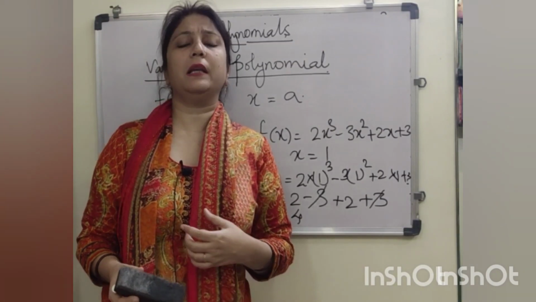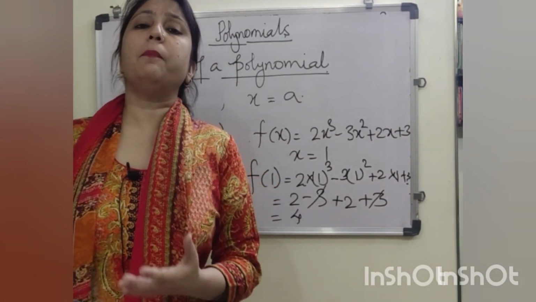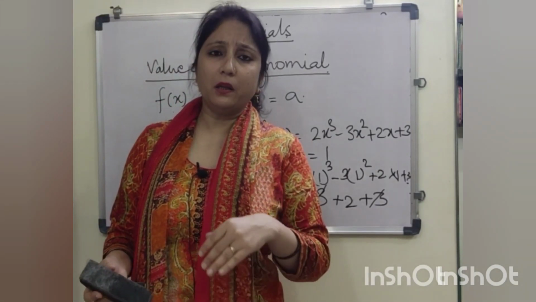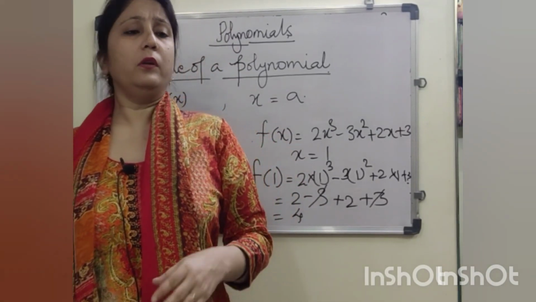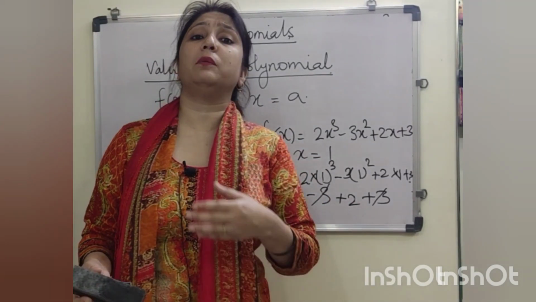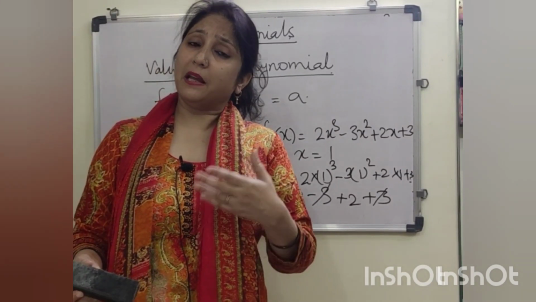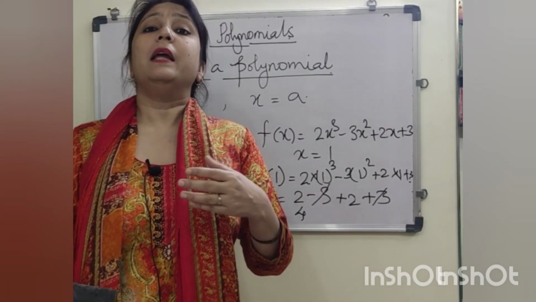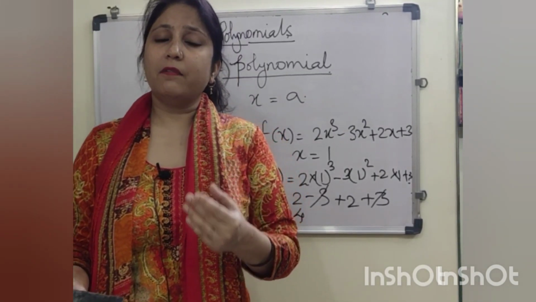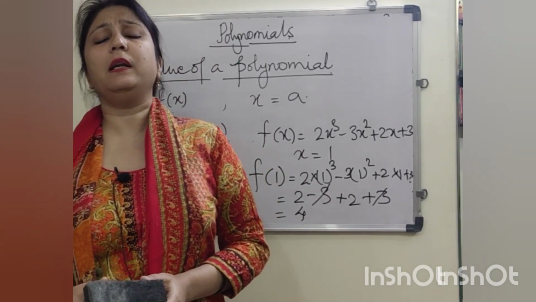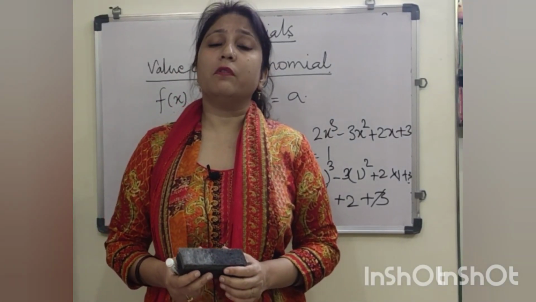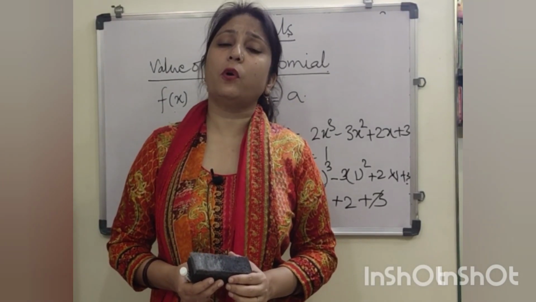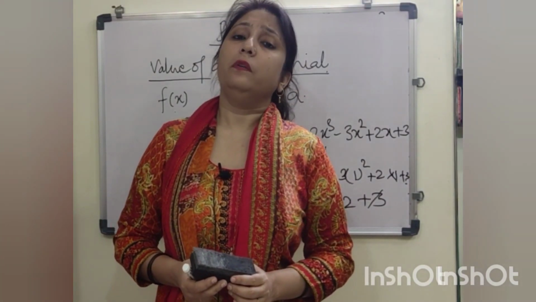This is how we can calculate for a polynomial value for some given particular value. Say you may have given x is equals to 2, x is equals to 5. It can be a negative value as well. x is equals to minus 2, minus 3, minus 1. Even x can attain the value 0. You may be asked to calculate f(0), the value of polynomial for the value x is equals to 0.